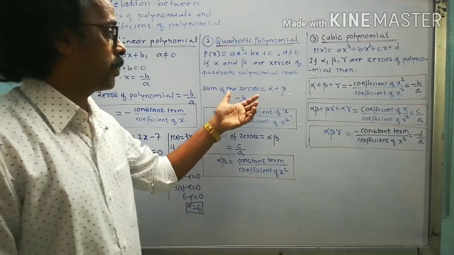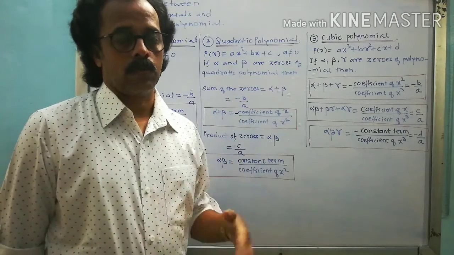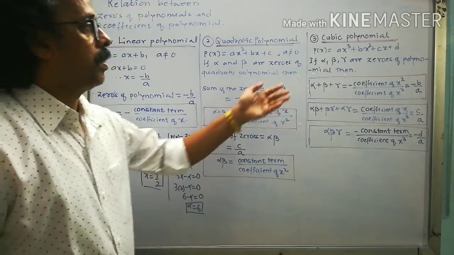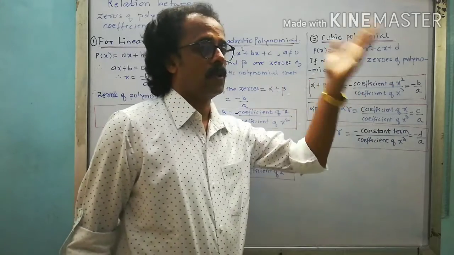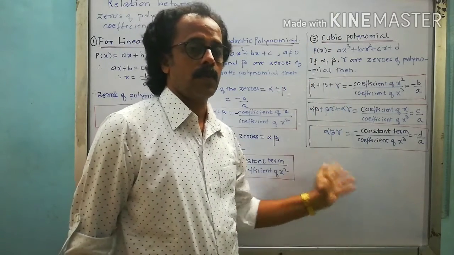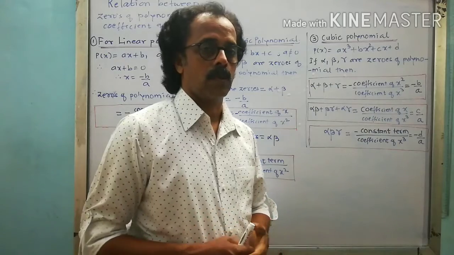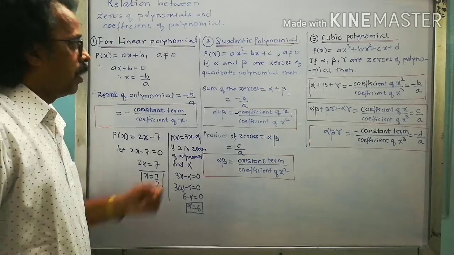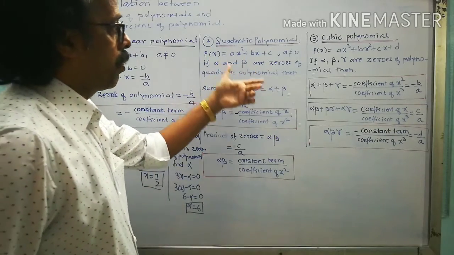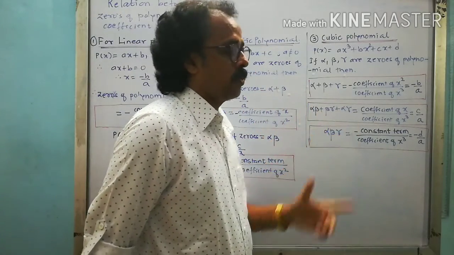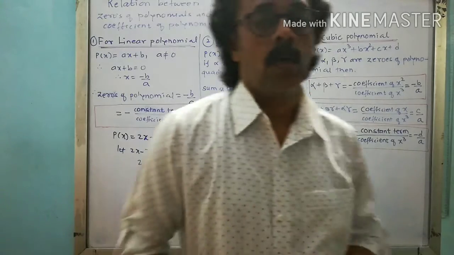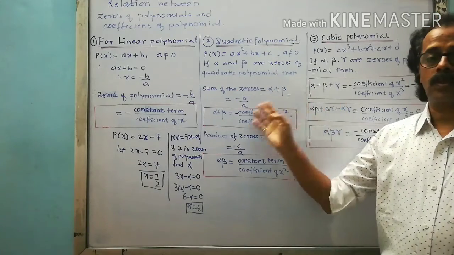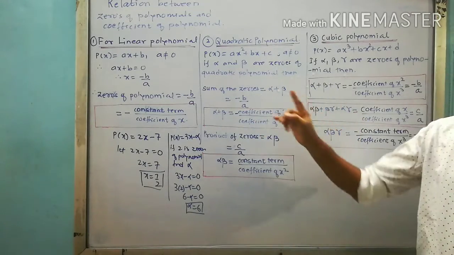Now what problem are they going to ask? They will say that the sum of the two zeros is given and the product of the two zeros is given, or the sum of the three zeros is given to you and the product of the three zeros is given to you. So likewise, they are going to ask questions based on this. First you list down all the formulas that I have given on the board, then we will solve questions based on the quadratic polynomial and the cubic polynomial so that you are able to understand what kind of questions we are going to solve based on the zeros of a polynomial, right? Just have a look at it.